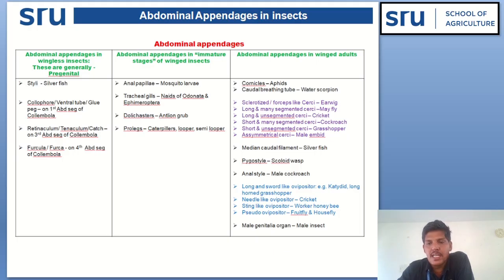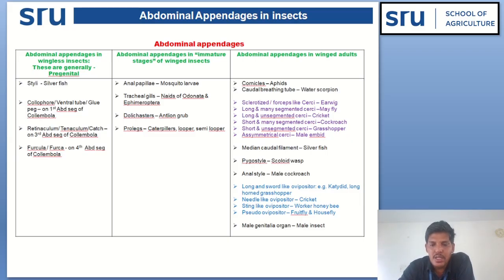Abdominal appendages in winged adults include cornicles in aphids, caudal breathing tube in water scorpion, sclerotized or forceps-like cerci in earwig, long and many segmented cerci in mayfly, long and unsegmented cerci in cricket, short and many segmented cerci in cockroach, short and unsegmented cerci in grasshopper, asymmetrical cerci in male embiids, median caudal filament in silverfish, pygostyle in squash wasp, anal style in male